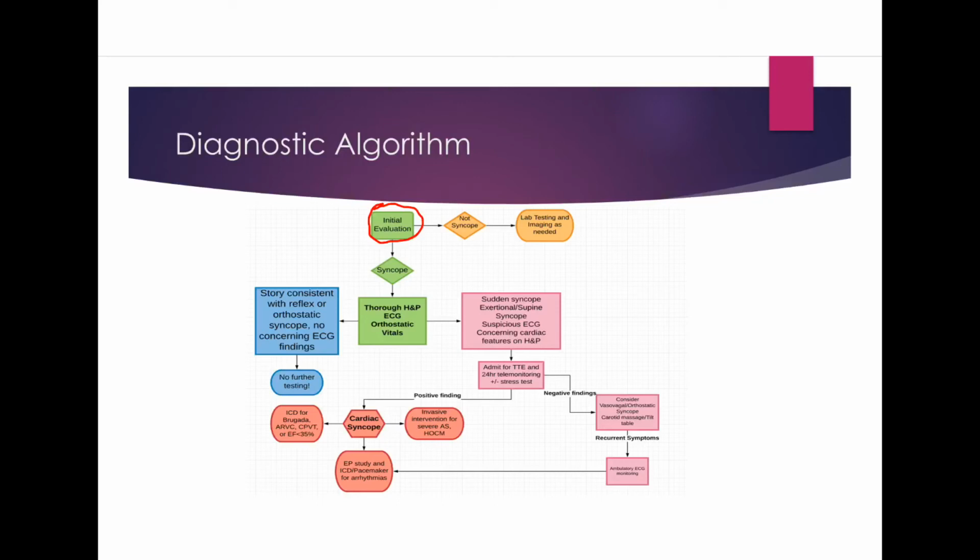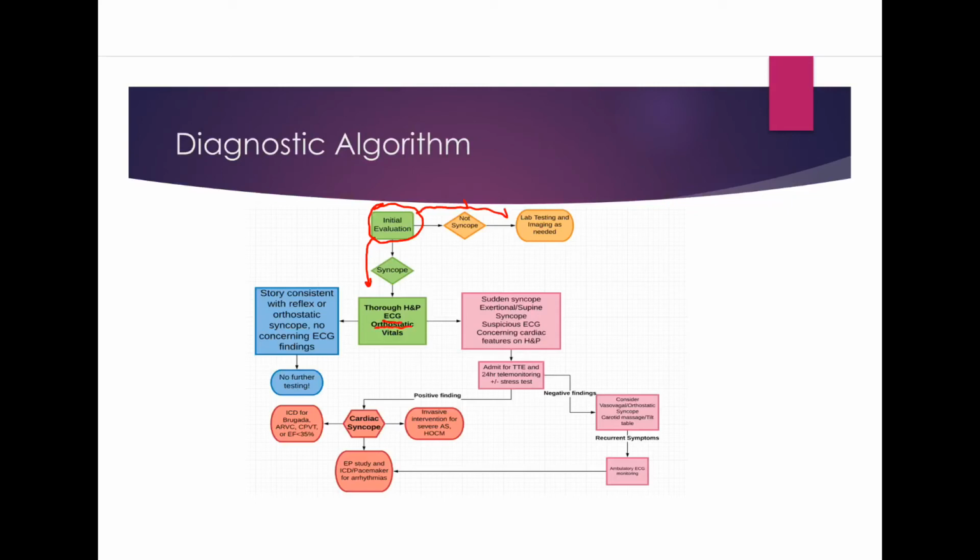If it doesn't sound like syncope, then consider alternative causes and perform laboratory testing and imaging to work up those possible alternative causes. If it does sound like syncope, the patient should definitely get an ECG and